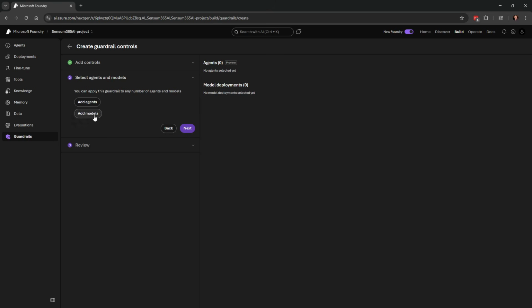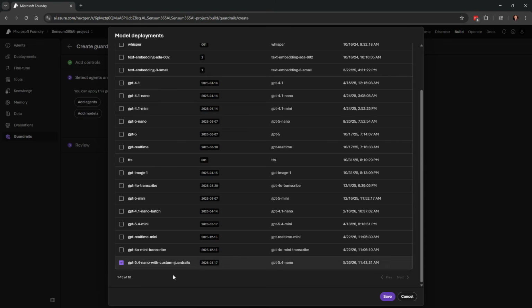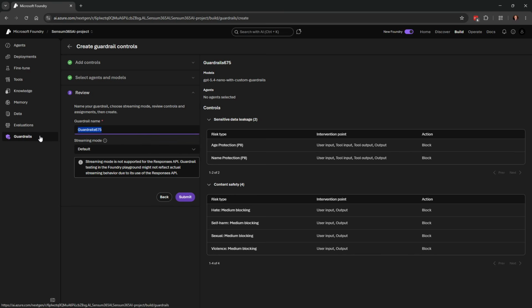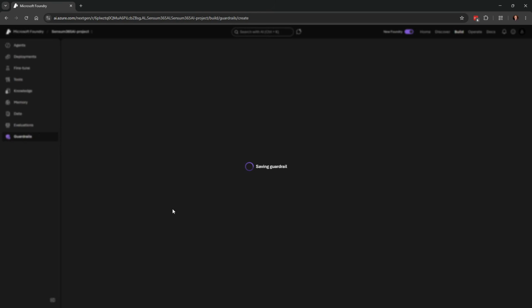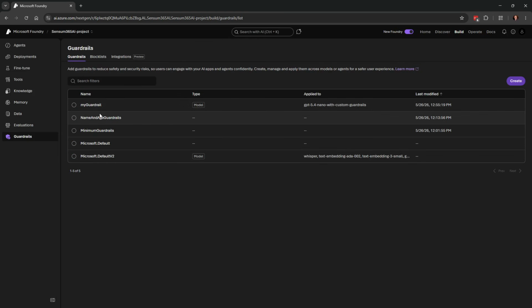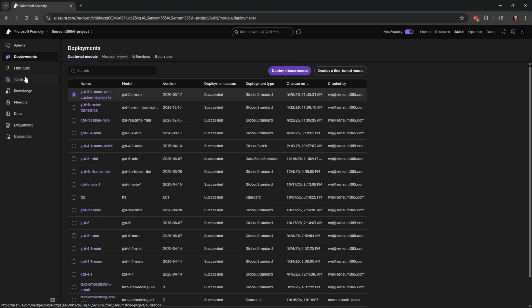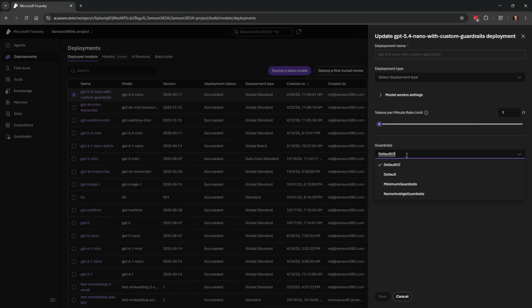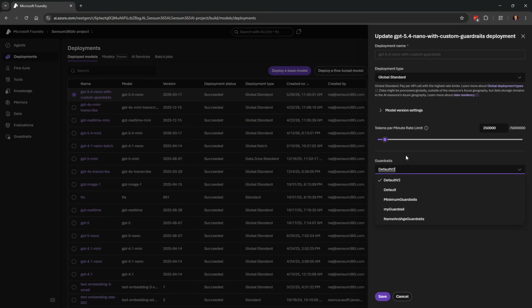And even if I go in here and choose the right one, and let's say we want to save it as my guardrail, then once we have saved it, it's now saved. It looks like it's on, but if we go to deployments and go into edit, we will see that it has not taken that guardrail. So there's something totally broken with the GUI down here.